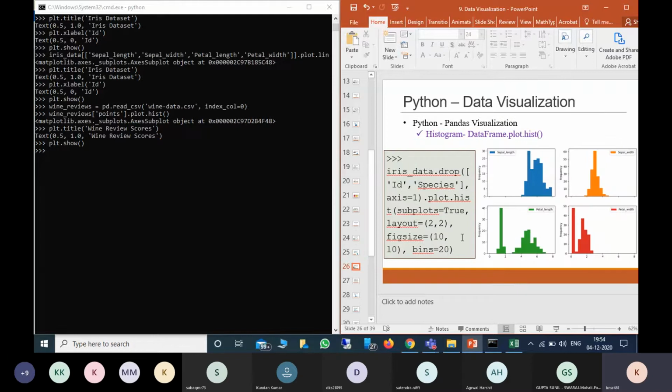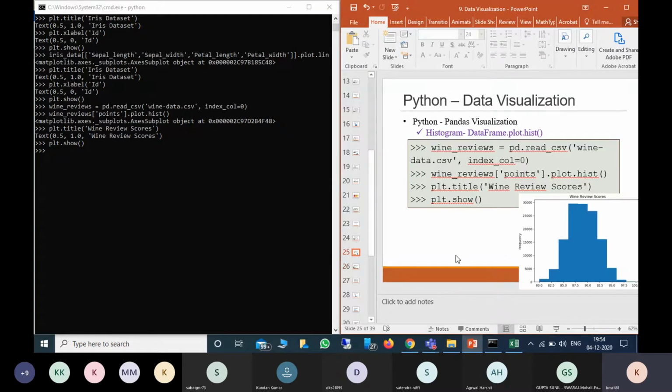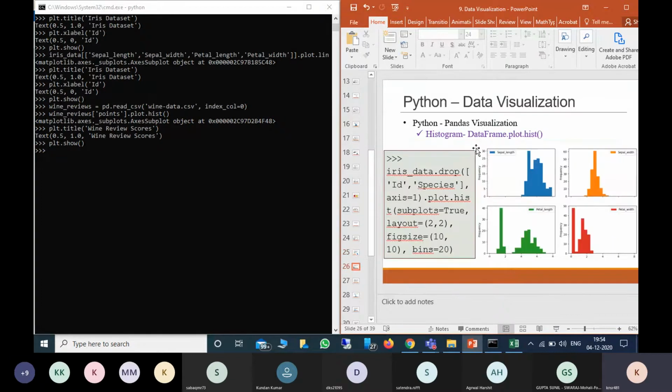If you want to plot separately for each one, for example there is the iris data. In the iris data we have sepal length, sepal width, petal length, and petal width. If you want to plot for each one, we can do that also.